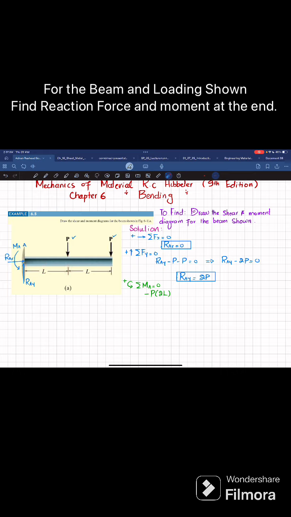I will also write this minus P times L, and the last moment which is acting at A is the reaction moment which is unknown, and that is counterclockwise, so it will be plus MA. The sum of all these moments about point A will be equal to 0. So I will get minus 2PL minus PL plus moment about A is equal to 0. So from here this moment about A will be equal to 3PL. Okay. Now